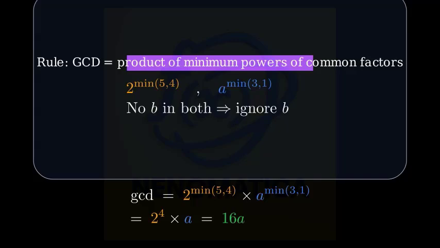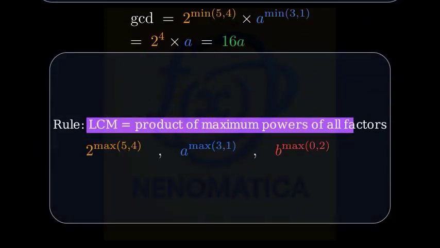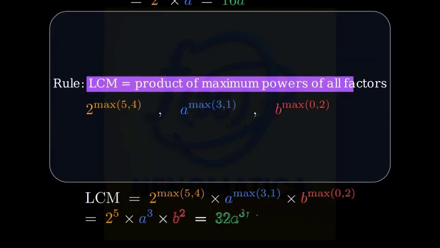Step 3. The least common multiple is the product of all factors with their maximum exponents across the expressions. For the factor 2, we take the larger of 5 and 4, which is 5. For the factor a, we take the larger of 3 and 1, which is 3. For the factor b, we take the larger of 0 and 2, which is 2. So the least common multiple equals 2 to the 5th times a cubed times b squared, which simplifies to 32